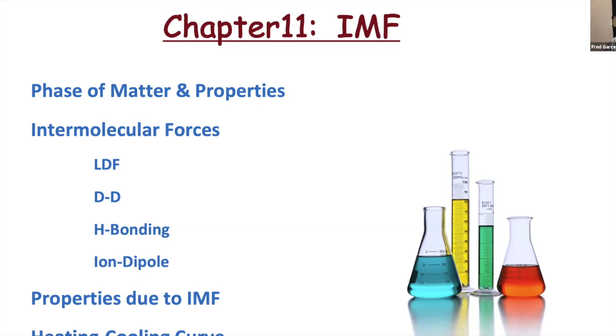Let me tell you a secret. If you got a chemical that has hydrogen bonding, then it's also polar, which means it also has dipole-dipole. And since all chemicals have London dispersion force, when a chemical has hydrogen bonding, you check mark all the boxes. London dispersion force, dipole-dipole, and hydrogen bonding. Ion dipole is a force in which if you take salt and you put it in water, that's how salt dissolves. It's through the ion dipole intermolecular force. So these are the key things that are covered in chapter 11.